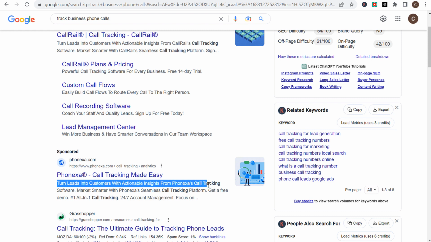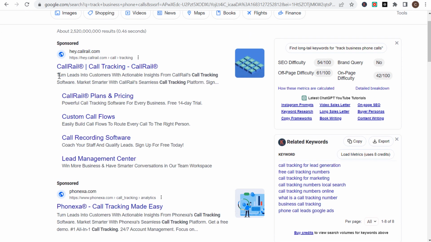It's the same exact description line. The only difference is the brand name change. So maybe they're sister companies, I'm not sure. But to me, using the same exact description line in 2 different ads for 2 different advertisers, not a best practice. Now, to me, what I would recommend for CallRail is rather than turn leads into customers with actionable insights,